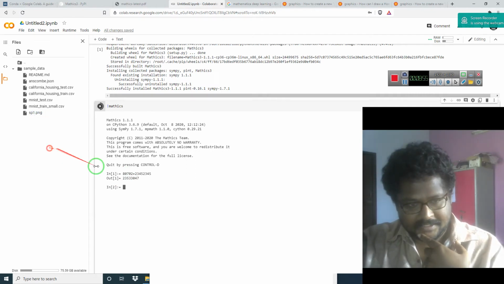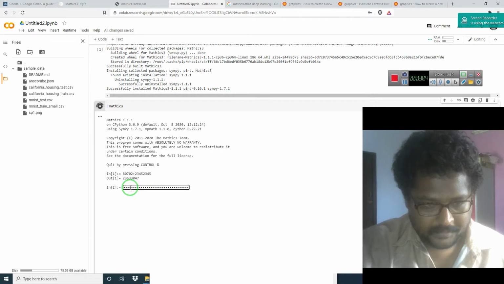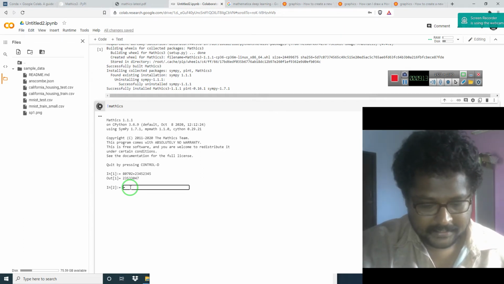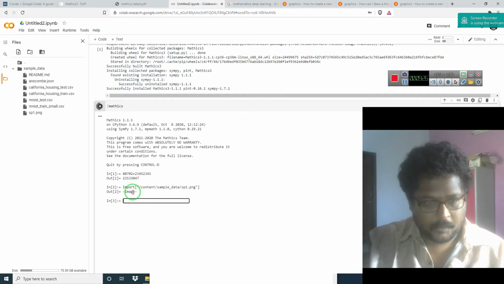I am copying this and importing it: Import, Control V. Okay, not this. Shift I M. You cannot see that, I know. Control V, and let me type it. So now the image is being imported.